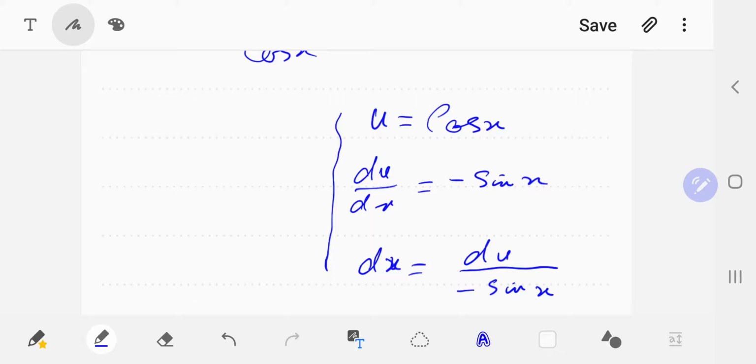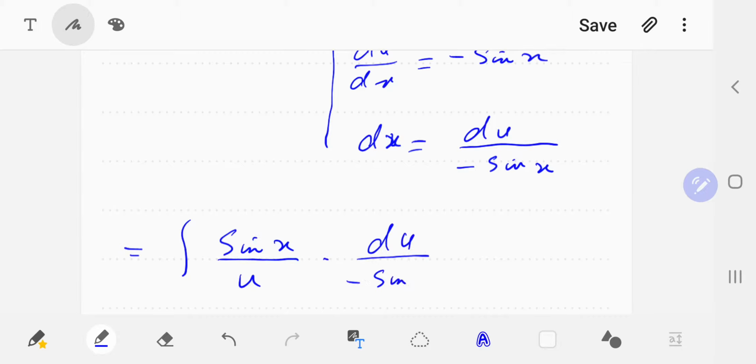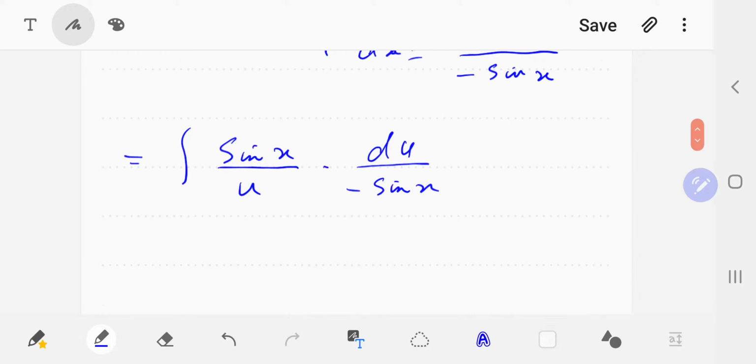Now, if you go back to your integration, this will be integration of sine x over u times du over negative sine x. Simplify, and that would be